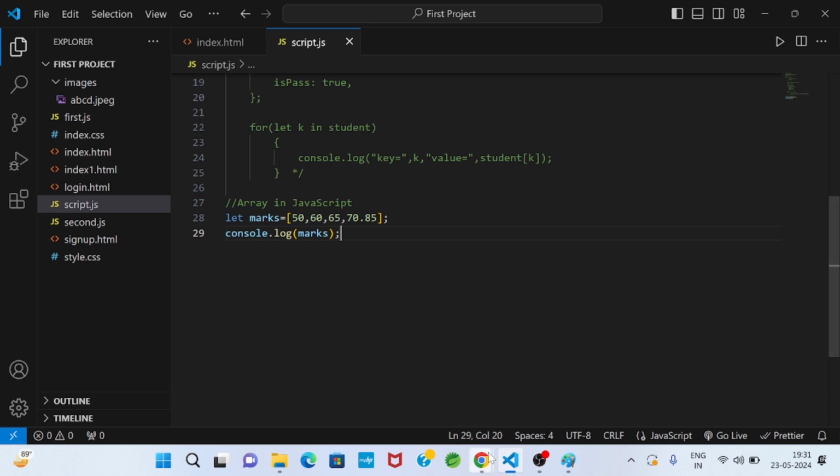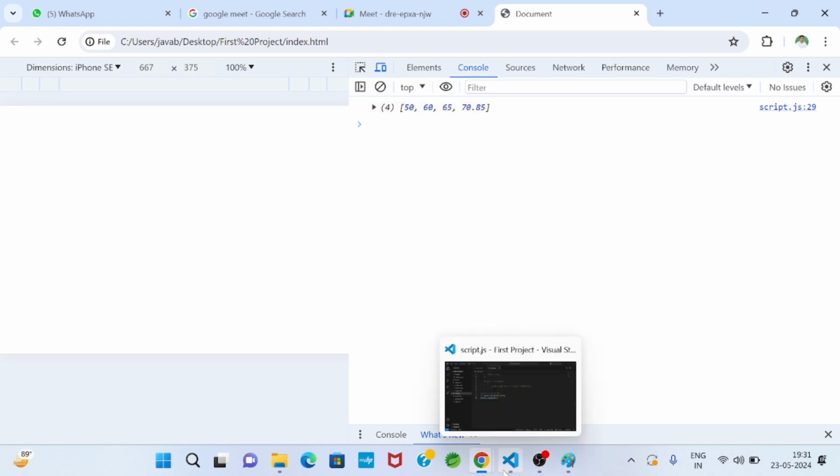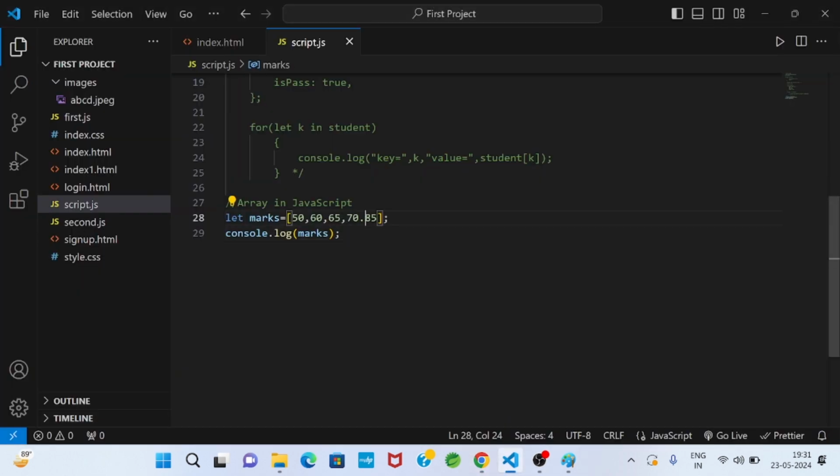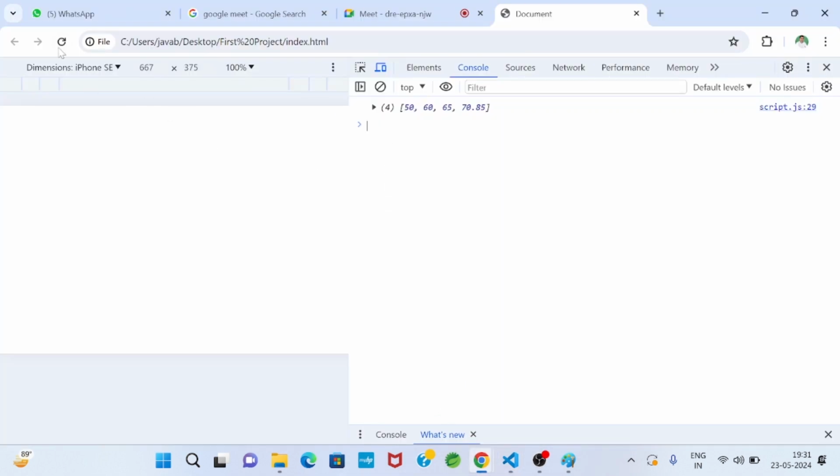Now I will go to my console and refresh. You see the values whatever we have initialized: 50, 60, 65, 70, 85. Control S, and again refresh.